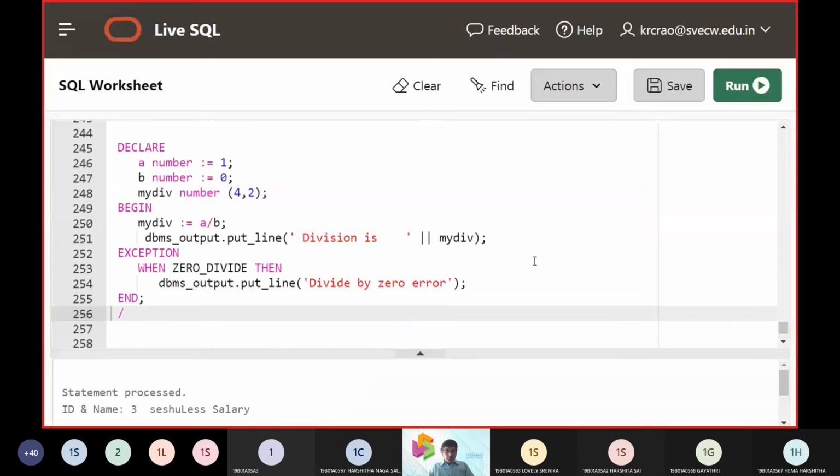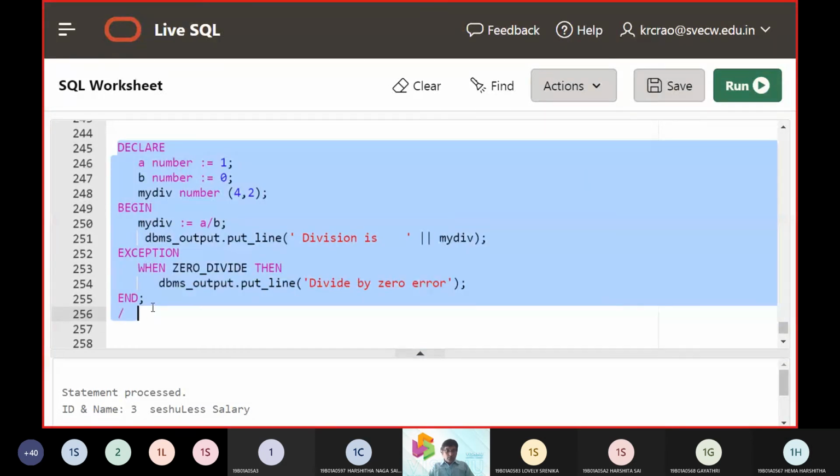Now you can see here declare, begin, end procedure. In the variable declaration, a, b, and my div belong to a number data type with 4 comma 2. The 2 gives the fraction part, and 4 gives the decimal part. Then my div equals a by b, that is 1 by 0, we get infinity.